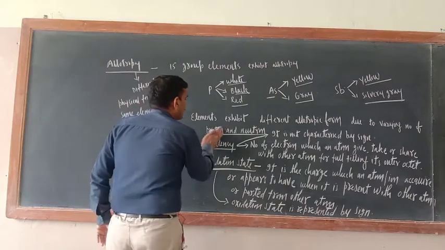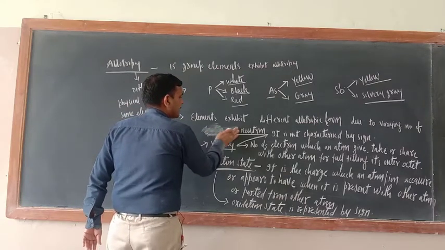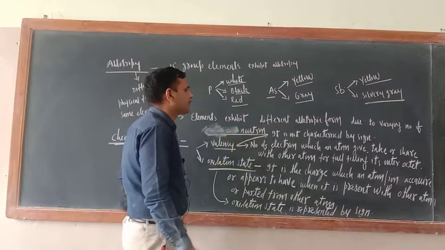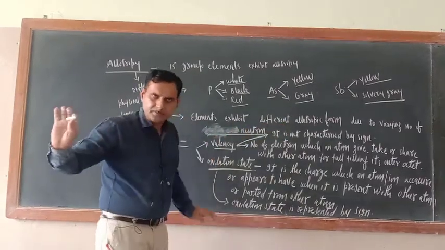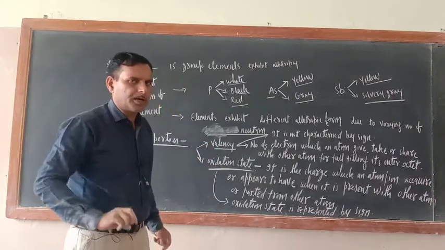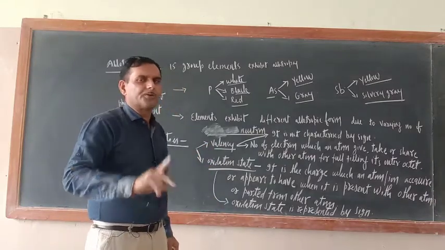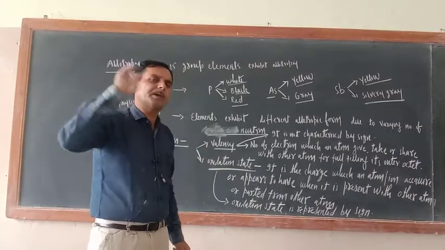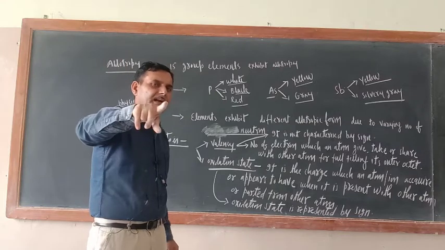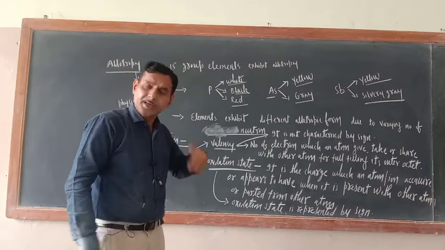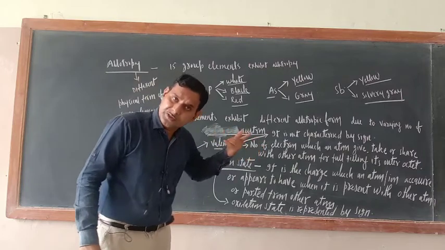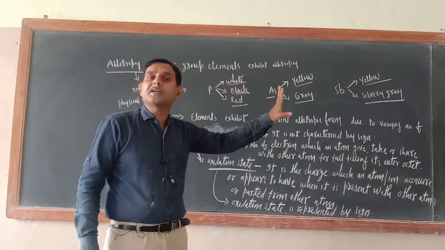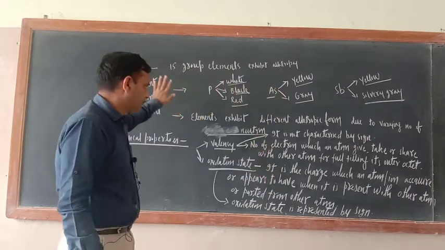Now it is better to remove proton also. Just remember, the element exhibits different allotropic forms due to a varying number of neutrons only, okay. Why did I remove proton? Just see. If the atom is neutral, the number of protons and electrons will be similar. In allotropic forms, chemical properties are similar. It means their electron number is similar. So definitely their proton number should also be similar. Now the neutron number is varying. That is why they exhibit different physical properties. So it is over now.